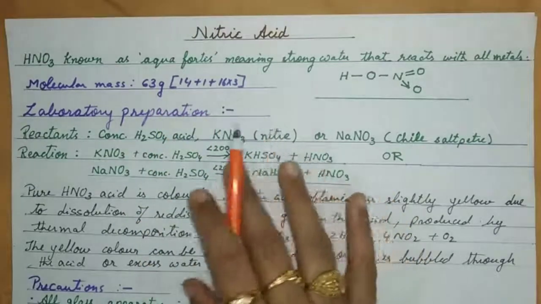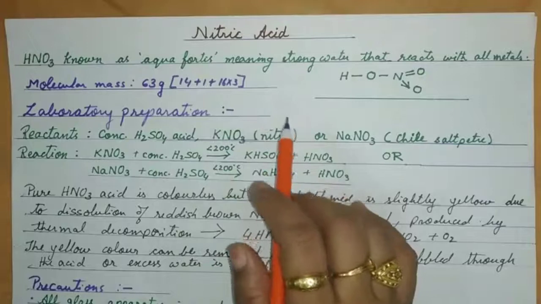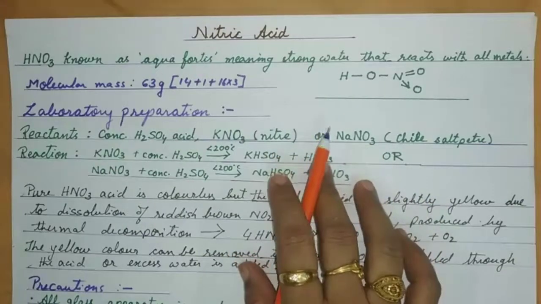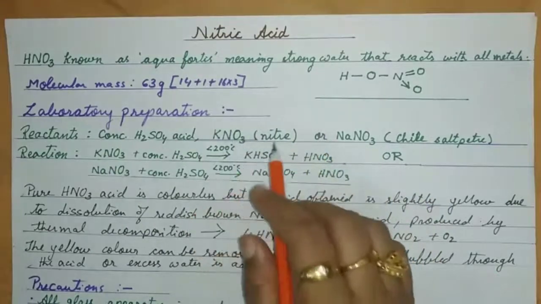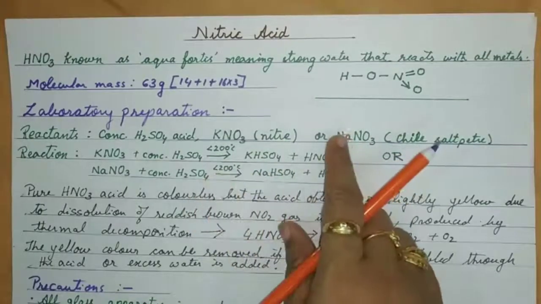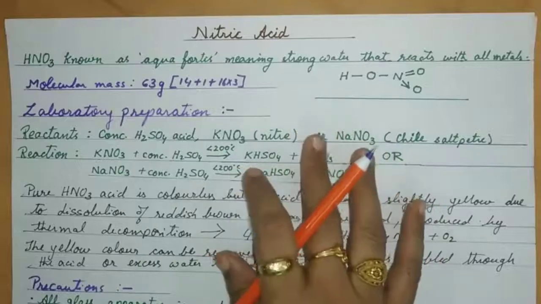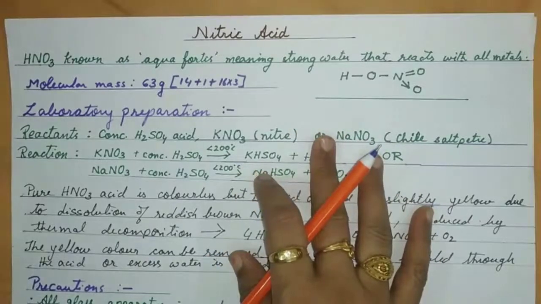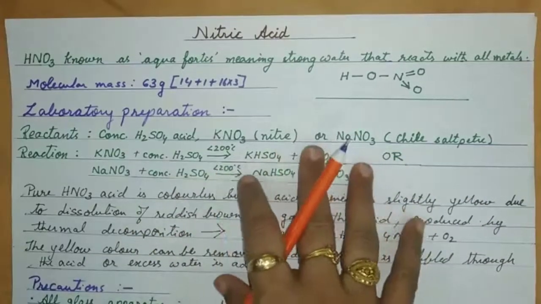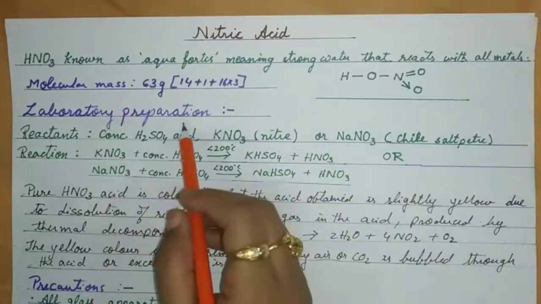To talk about the free state, nitric acid you will find in rainwater. In the combined state, you get it in many of the metallic nitrates. Its formation in the atmosphere: nitrogen and oxygen during lightning will combine to form nitric oxide, NO, and nitric oxide with oxygen will very quickly give you nitrogen dioxide, which with oxygen and water will dissolve to give you nitric acid. Now we straight away come to laboratory preparation.